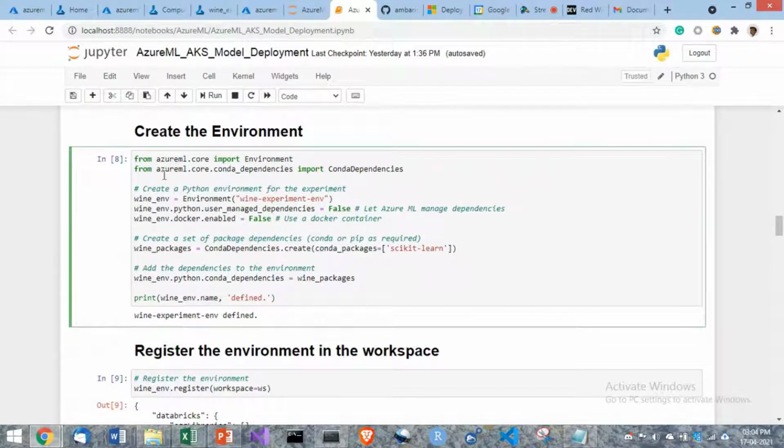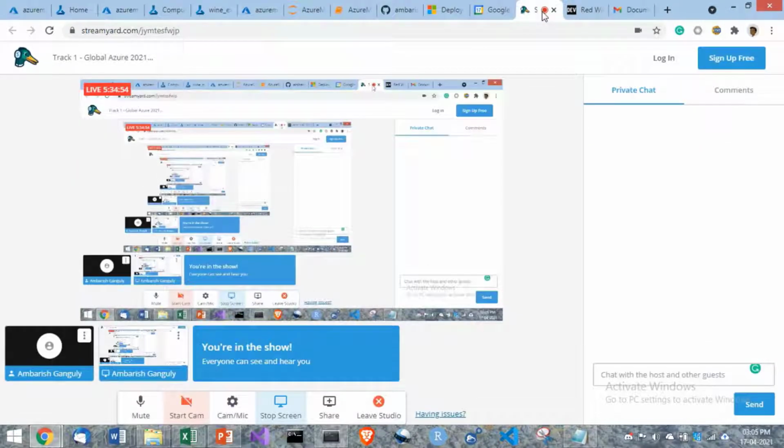But now you have to create an environment. Now this environment is something like, you have built a model, and you now require an environment in which you can run it. Are you able to see my screen, right?